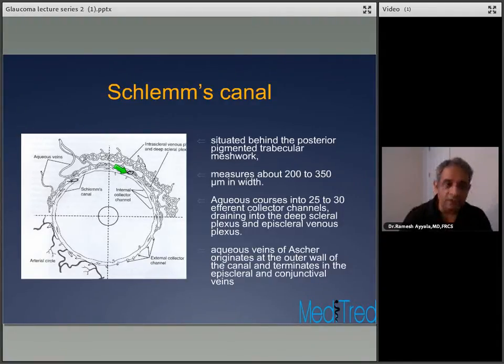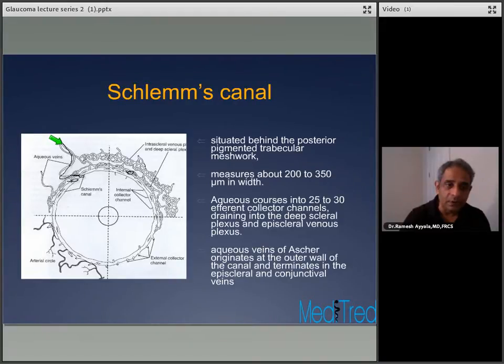The aqueous vein of Asher, here is one example of it, originates at the outer wall of the canal and terminates in the episcleral conjunctival veins. And these can be visualized clinically at the slit lamp. And you observe it carefully. You have these blood vessels, these vessels that are filled with clear fluid, which is aqueous, that joins the episcleral